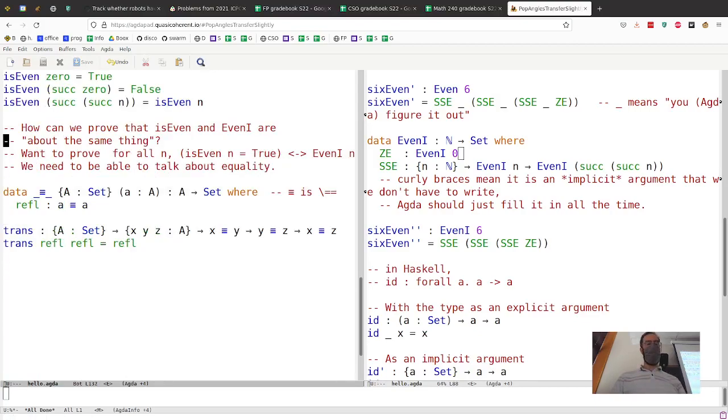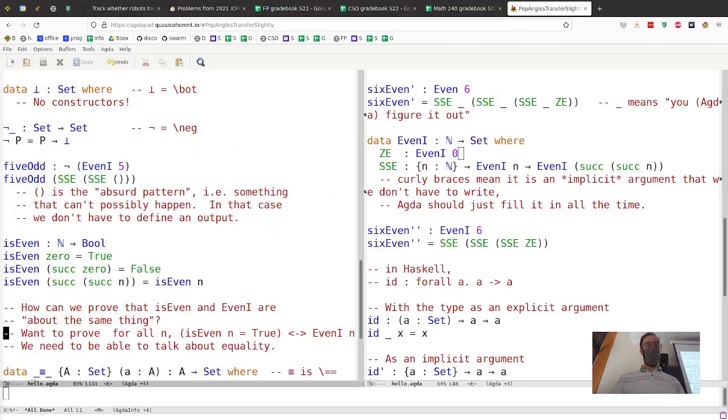There's nothing really to do in like 2 minutes. Okay, but next time, now that we have equality, well, actually, we can write this down and prove